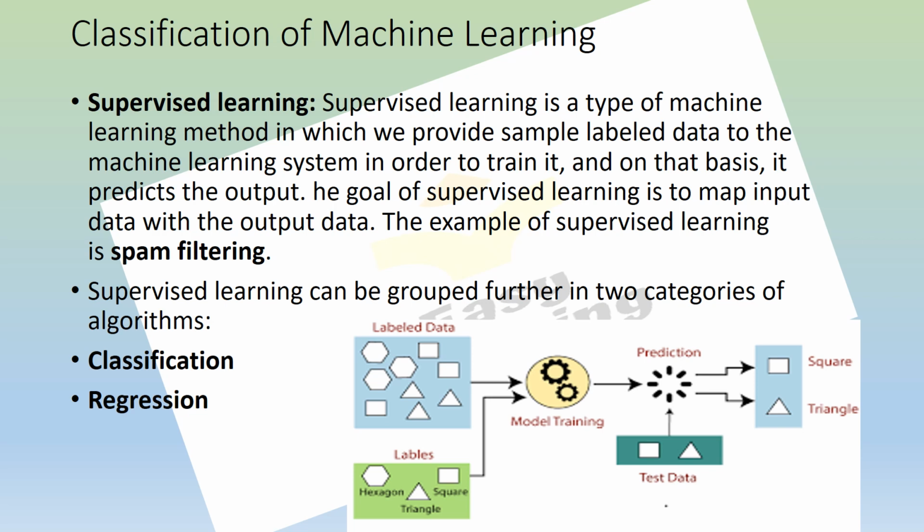So how does it work actually? In supervised learning, the model is trained using the labeled data set. We have labeled data in the form of a set where the model learns about each type of data. Once the training process is completed, the model is tested on the basis of test data and we can predict the output here. We have two types of supervised machine learning algorithm: first is regression and second is classification.